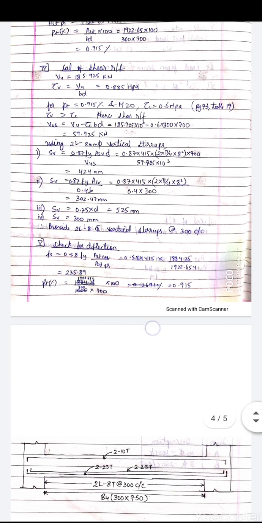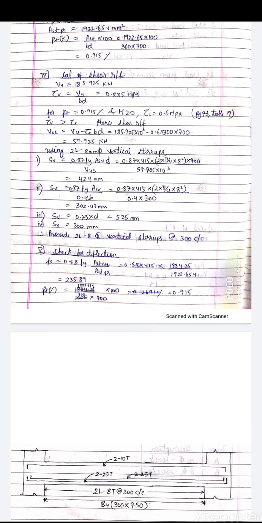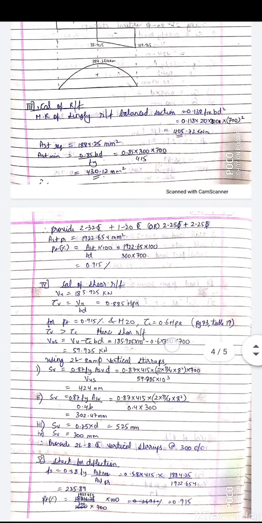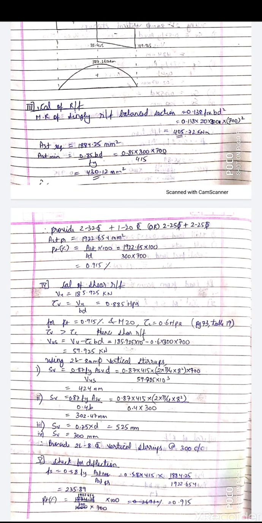Now the last step is the reinforcement detailing. Let us see the reinforcement detailing, a very important step. This is B4, 300 by 750, and the span is 7 meters. First let us see the steel which we have got. It is 2 bars of 32 and 1 bar of 20. I have also given you an alternative, you can provide 4